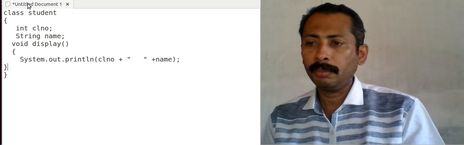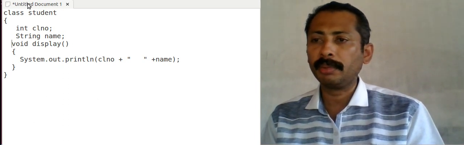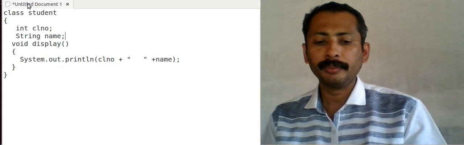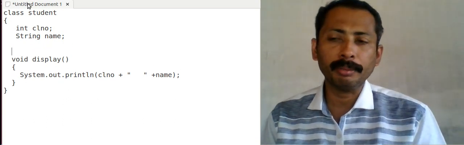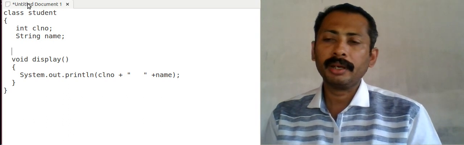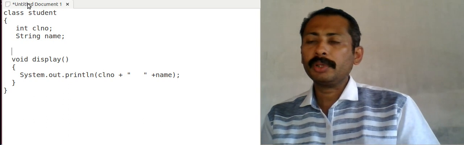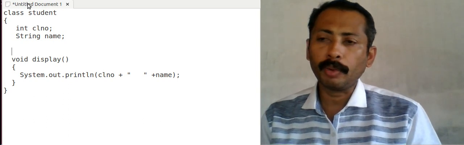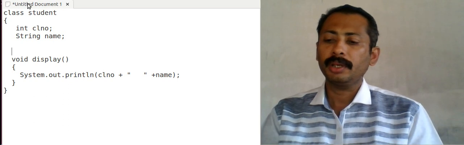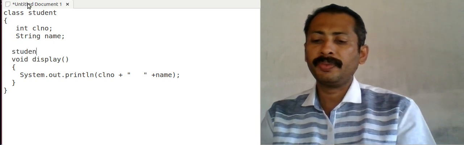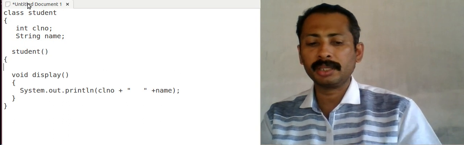So before that we need to initialize values to class number and name. This can be done either by accepting values from keyboard, or we can initialize values using a constructor. Here I am going to initialize values using a constructor. This constructor has the same name as the class.